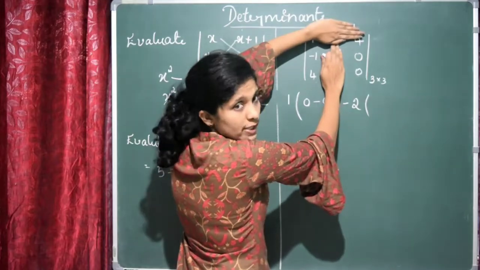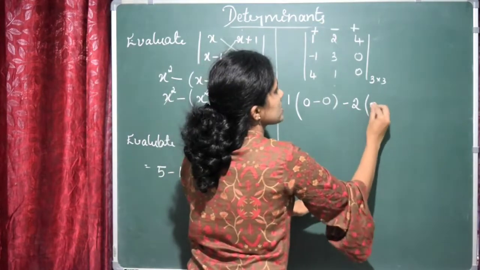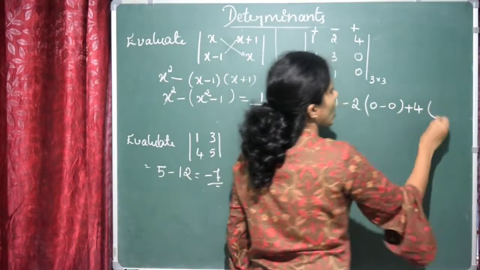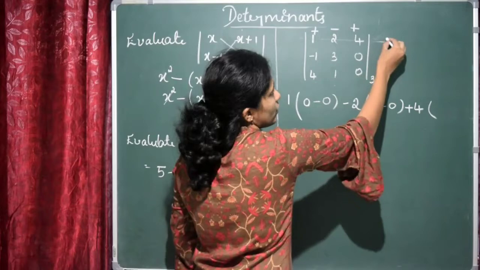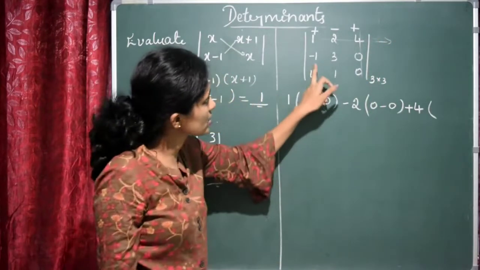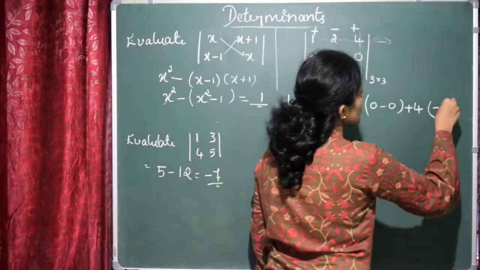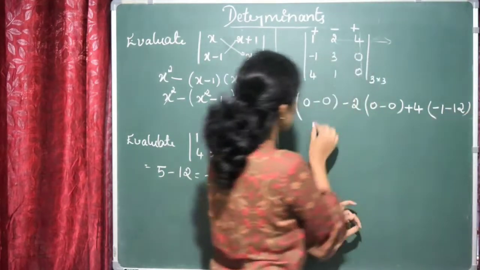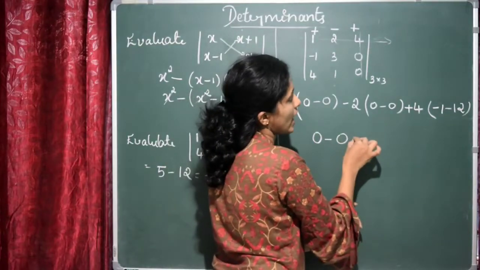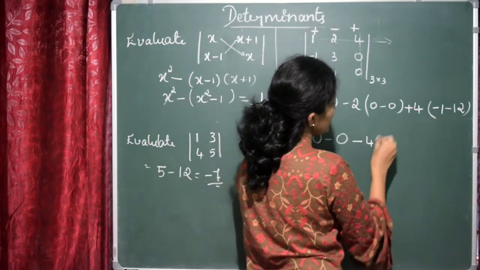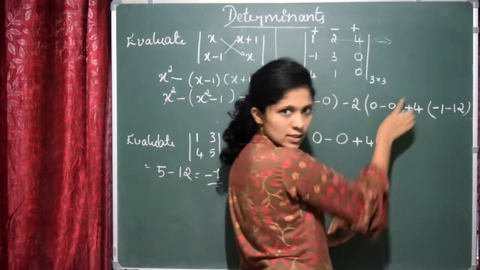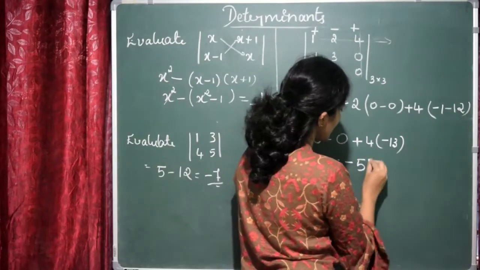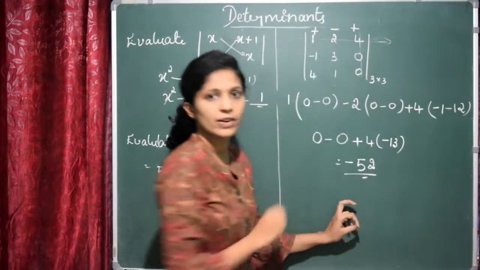So minus 1 into 0 is 0, 4 into 0 is 0. So this will be 0 minus 0. Last one is plus 4. Now you have to delete the first row and the last column. So this is minus 1 into 1, which will be minus 1. Then 4 into 3 is 12, that is minus 12. Right? So this will be now 0, minus 0, and this is minus 4 into minus, plus, this is plus 4 into minus 13. So this is equal to minus 52. So this is the determinant of the given matrix.